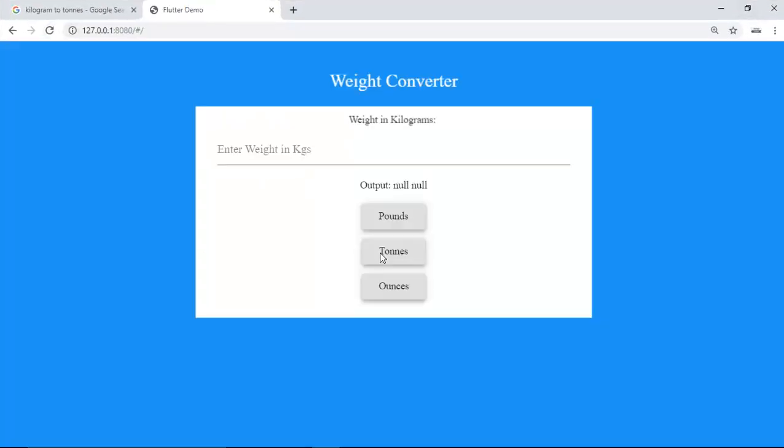Let's reload it, and as you guys can see, if I enter a value of 1, for pounds it would be 2.2046 in pounds, for tons it would be 0.001 in tons, and for ounces it would be 35.274 in ounces. So this is our basic simple web application, which converts the given value in kilogram to any value in these three: either pounds, tons, or ounces. As you can see, I'm right now giving 132, and it is 291 pounds, and 0.132 in tons, and